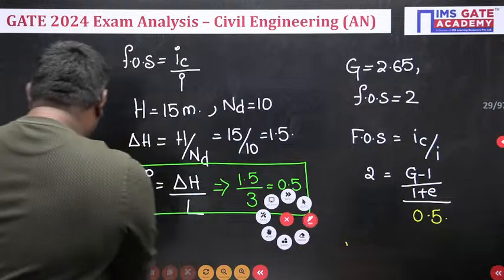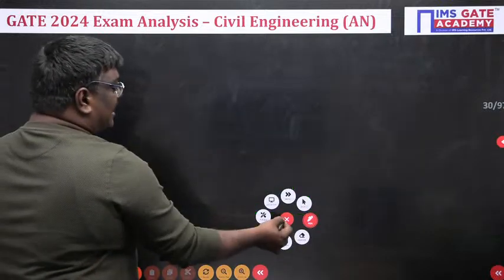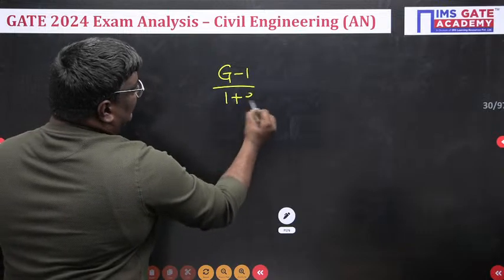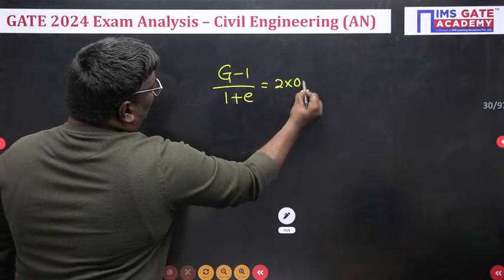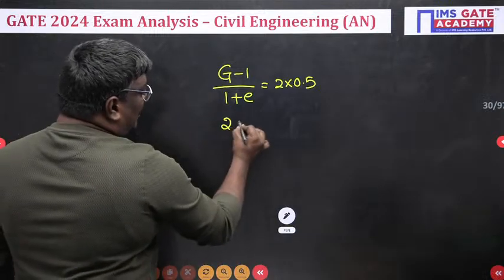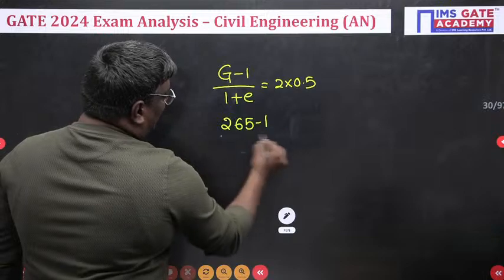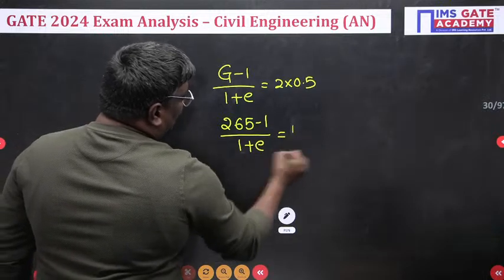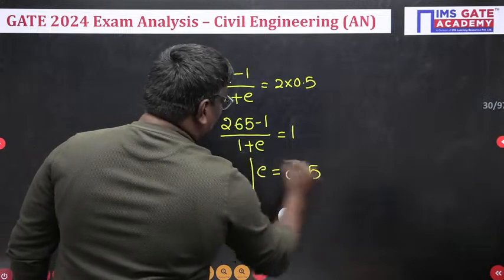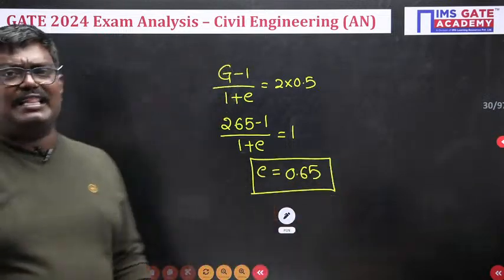So, my dear students, we can say that G minus 1 upon 1 plus e is equal to 2 into 0.5. So, what is the G value they have given? G value is given as 2.65, so 2.65 minus 1 upon 1 plus e is equal to 1. On solving this, you will get a value of void ratio as 0.65. So, my dear students, if you see the pattern of the question,